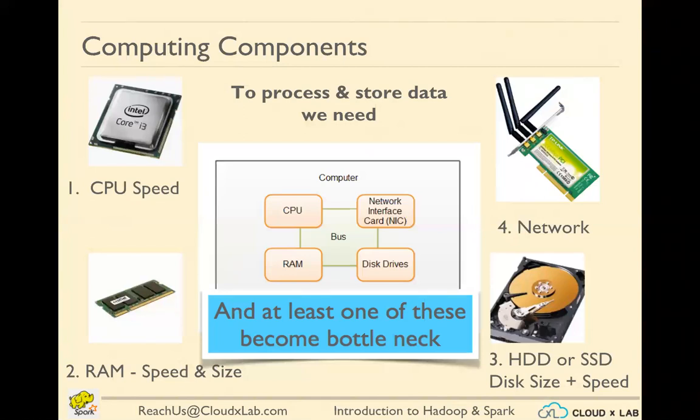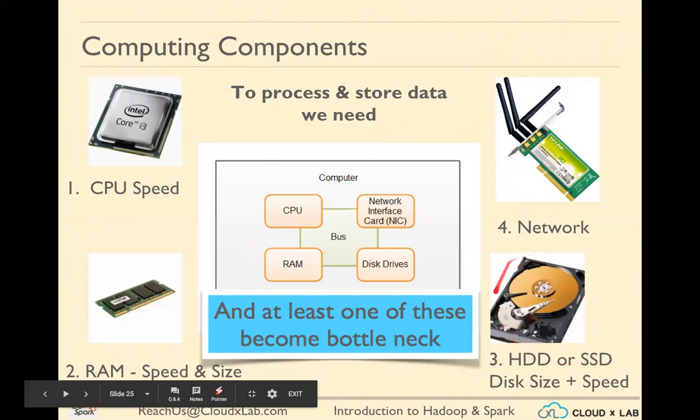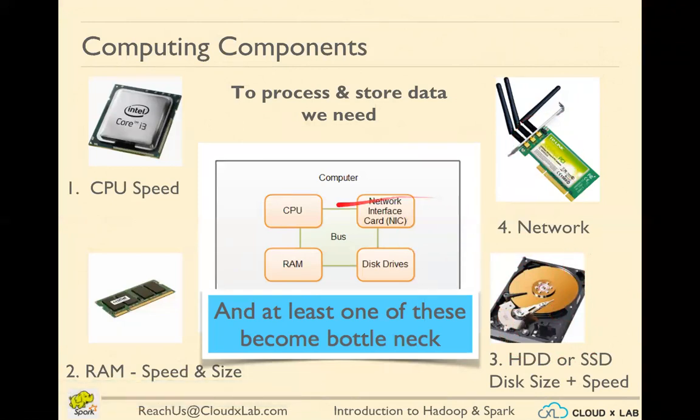So using these distributed frameworks, these are the bottlenecks that we learn to handle, learn to resolve using distributed computing. For example, using Hadoop's distributed file system, we will learn how to use many hard disks, many of these hard disks in the network. We will also, as part of a computing engine such as Spark, learn how we can run our